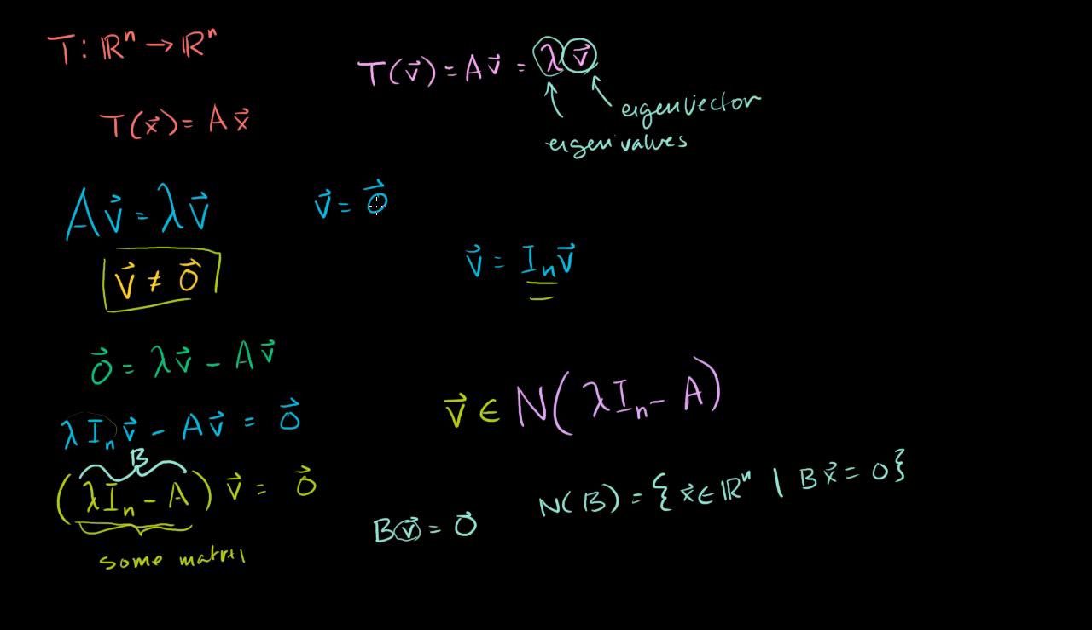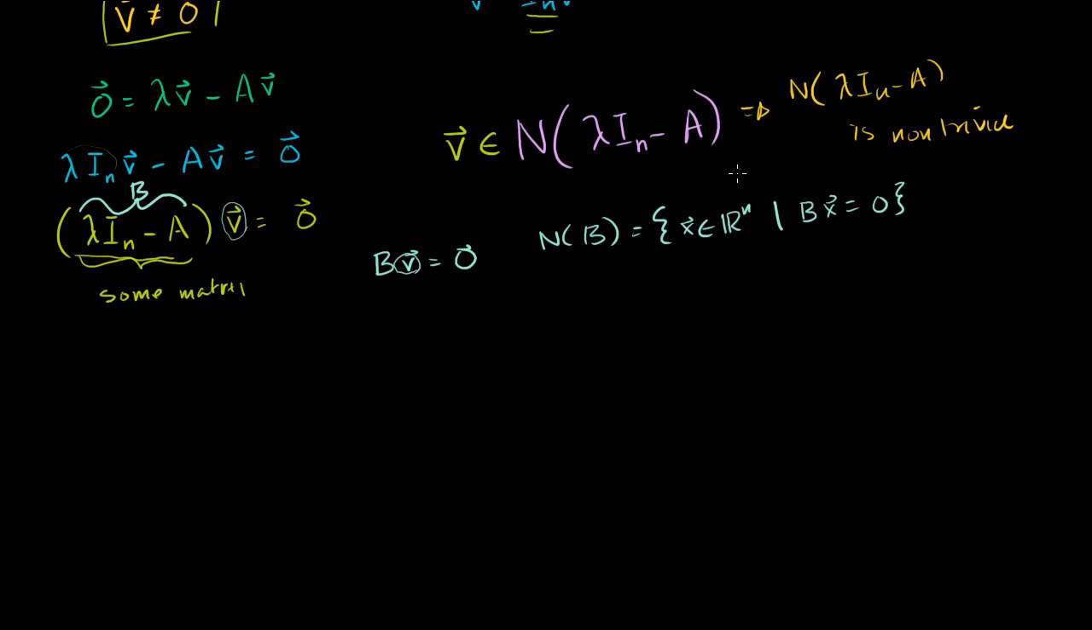We already said that the 0 vector is always going to be a member of the null space, and it would make this true. But we're assuming v is non-zero. We're only interested in non-zero eigenvectors, and that means that this guy's null space has to be non-trivial. So this means that the null space of lambda I_n minus A is non-trivial. The 0 vector is not the only member. And you might remember before that the only time,